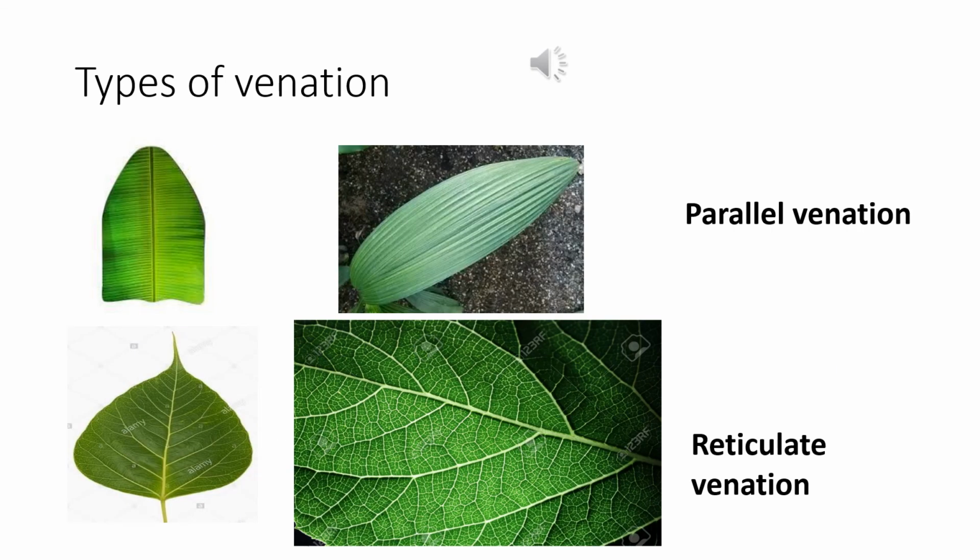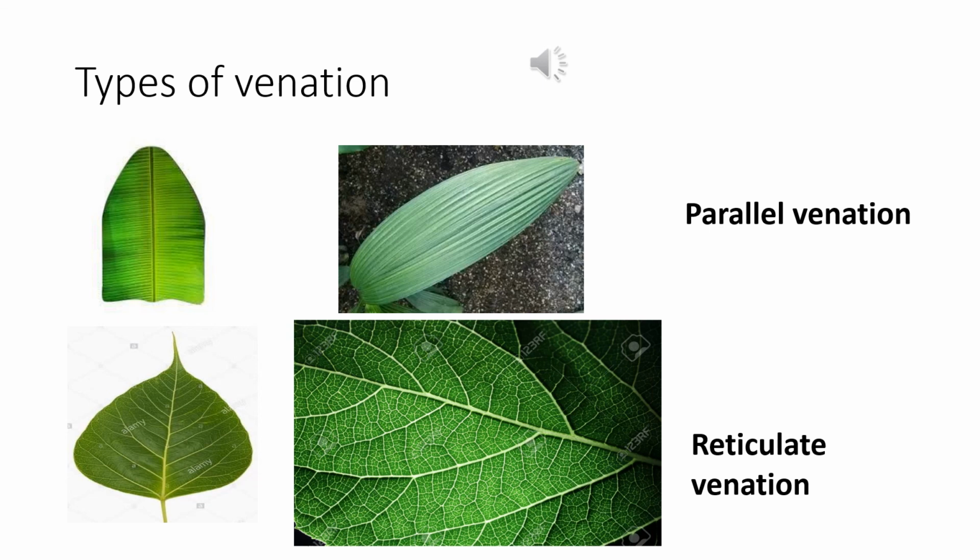The arrangement of veins and the midrib in the leaf lamina or the leaf blade is known as venation. The venation differs between monocots and dicots. In monocotyledonous plants, we see parallel venation, in which the veins run parallel along each other and there are no other veins growing from these veins. And in reticulate venation, from the midrib there are veins growing, and from them there are also lateral branches growing out, and they make a net-like structure all over the leaf lamina or leaf blade, and this is known as the reticulate venation.